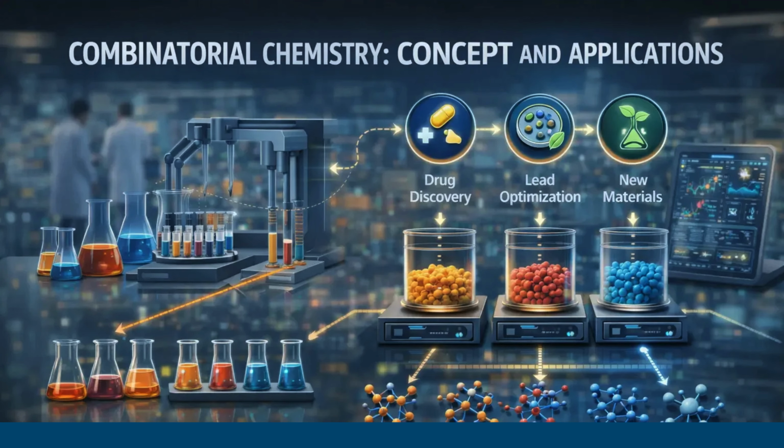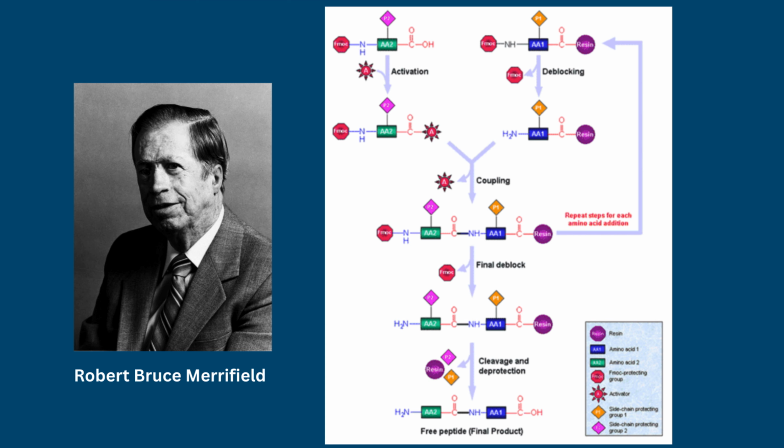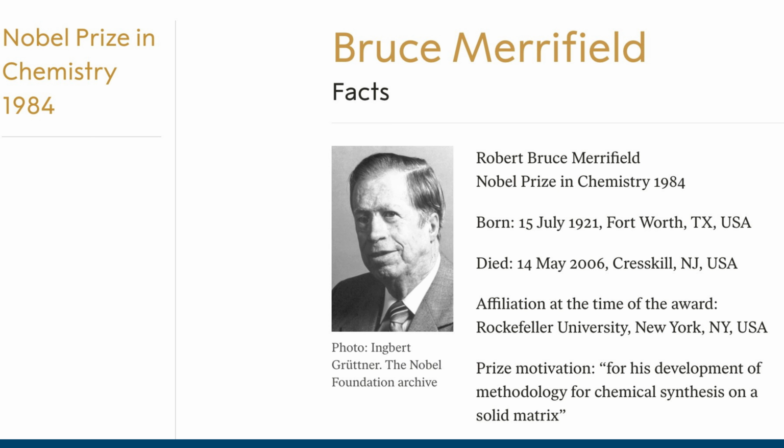The conceptual origins of combinatorial chemistry can be traced to the pioneering work of Robert Merrifield in the 1960s, who developed solid-phase peptide synthesis. In this approach, molecules are constructed stepwise on an insoluble polymer support, allowing sequential addition of building blocks and facile purification through simple washing steps. This innovation introduced the principles of automation and immobilization in synthesis and was recognized with the Nobel Prize in Chemistry